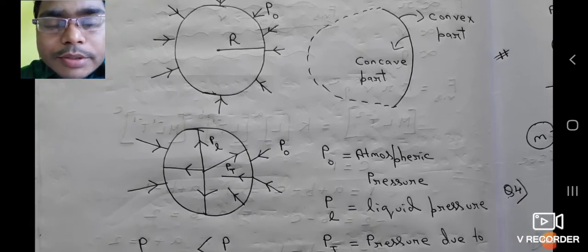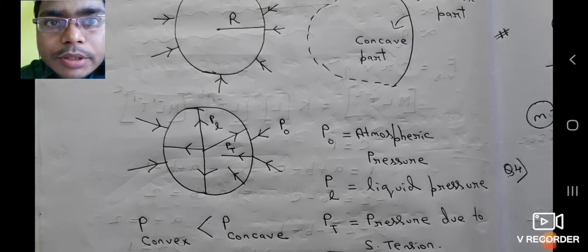so that is given by the liquid molecules. That pressure is known as PL. So that is the liquid pressure, and that will act in the outward direction. And there will be another pressure due to the surface tension, because you know that surface tension will be acting in the internal direction, so that is given by PT. So that means we can say that the pressure due to the surface tension will be acting in the inward direction, and the atmospheric pressure will also be acting in the inward direction, but the liquid pressure will be acting in the outward direction, as it is represented by the arrow sign that you can see in the diagram.